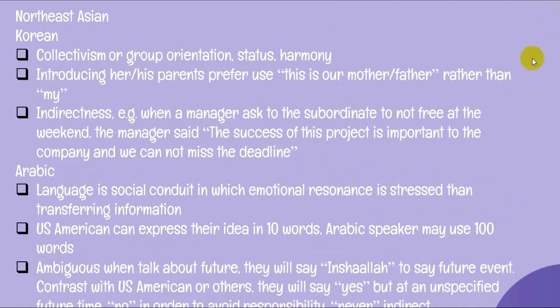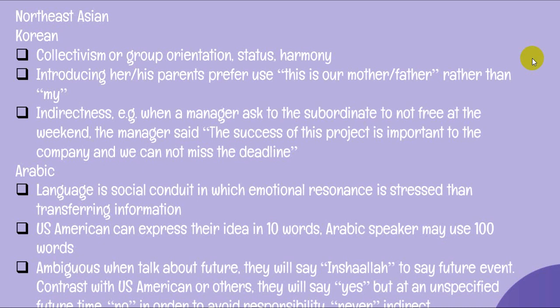And the next one is, for example, Northeast Asian. Actually, in the book there are some examples of Northeast Asian, but I just put the Korean because I think this is a very famous, attractive country to understand. For example, collectivism or group orientation, status and harmony, and also